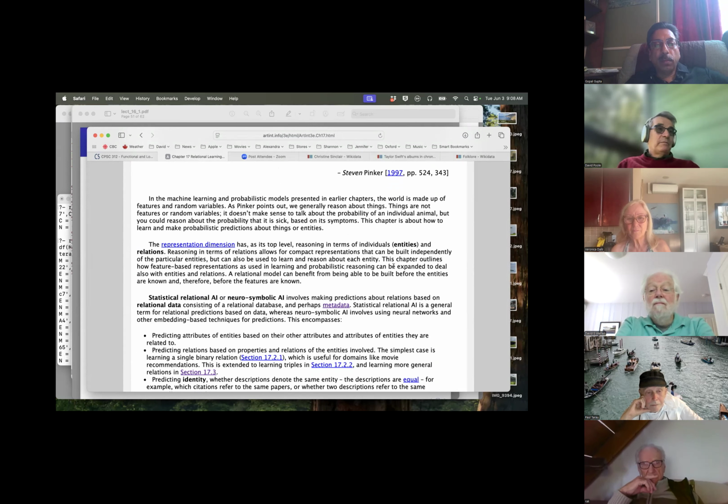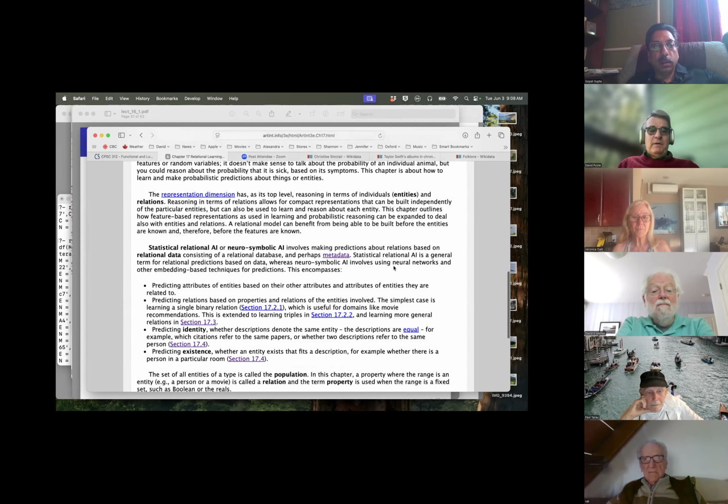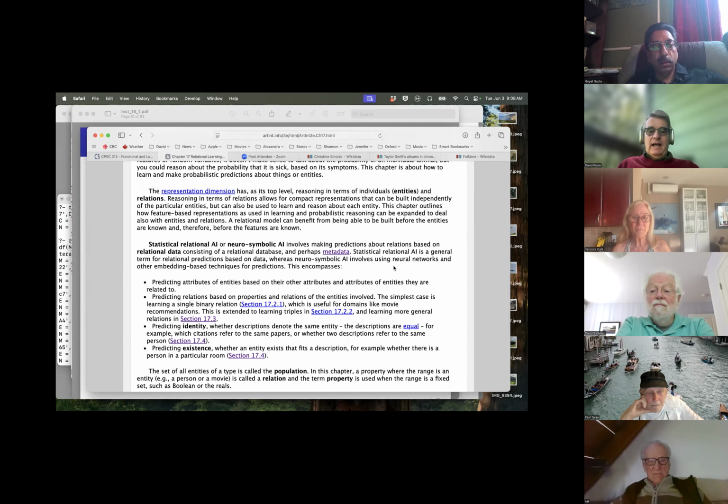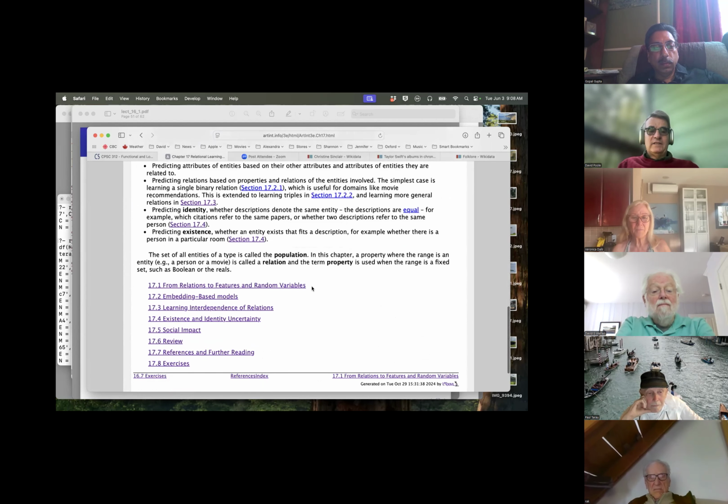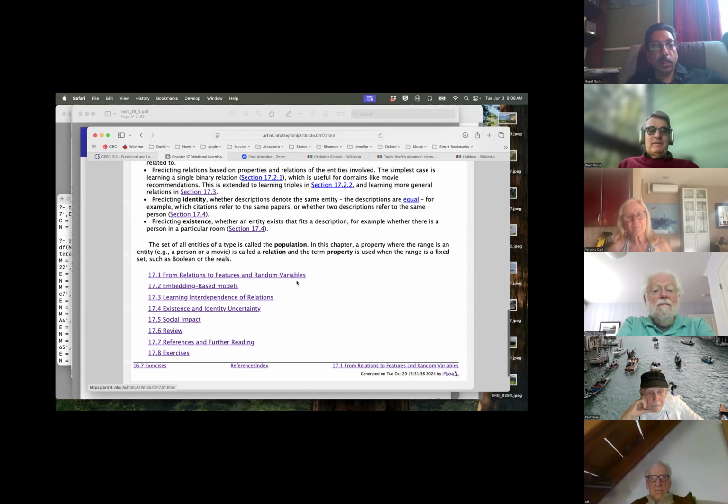Previous editions actually included inductive logic programming, but now everyone does probabilistic predictions. We argue in this book that if you want to make a prediction, you should never believe someone who gives you a definitive prediction. If someone tells you you will not be run over tomorrow, do not believe them. If someone tells you you will be run over tomorrow, do not believe them. But a useful prediction says, if you do this, here's the probability you'll be run over. So now we're only doing the probabilistic ones in here. We then talk about ways of doing this, about relations and features and random variables.